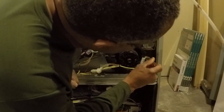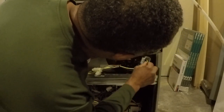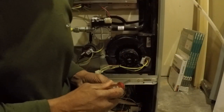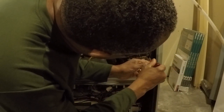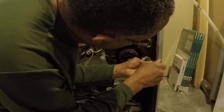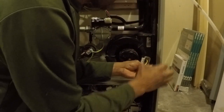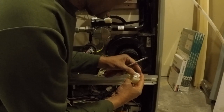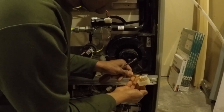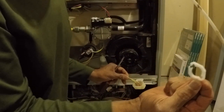Over here I'm going to remove these 2 wires here. Actually, there's 2 screws up in here inside using a cross-tip screwdriver, and I'm going to remove this entire connection because there's a plug on the new unit where this goes. So don't remove the wires, let's just unscrew it from the housing, and that comes off. There's a little gasket back here that looks like it's been there since the beginning of the unit. Trying to keep all this together to replace it. Little gasket right here,